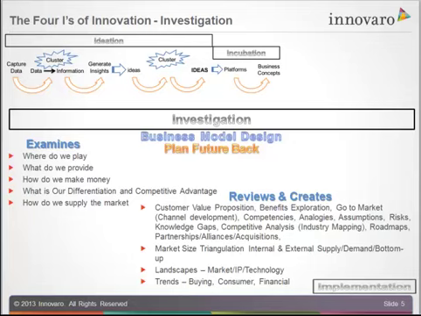And in this process, you're actually going to review and create a set of customer value propositions. You're going to look at go-to-market information on channel development. You're going to come back to your competencies and see what you need to flesh out that you don't have. Look at analogies. Look at what's happened in other industries for products that may be similar to yours in terms of the structure, but different in terms of what they are. Got to look at your assumptions and risk, and particularly looking for knowledge gaps.